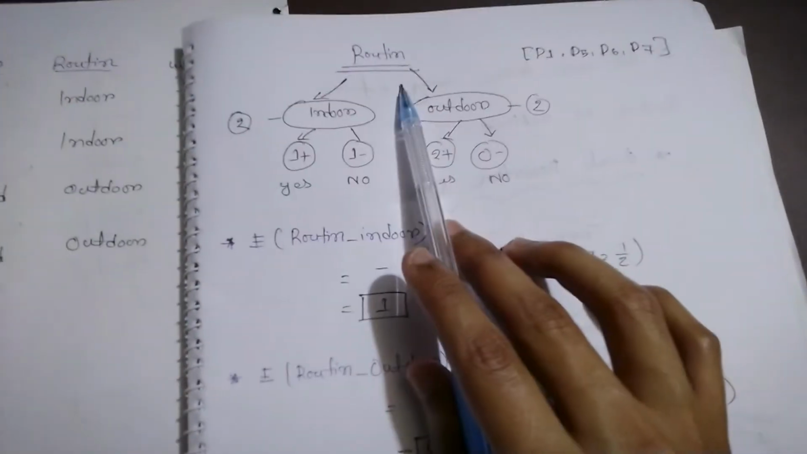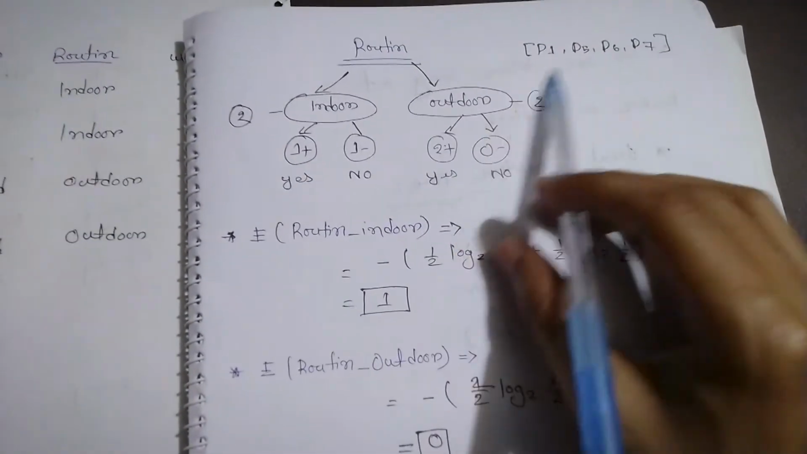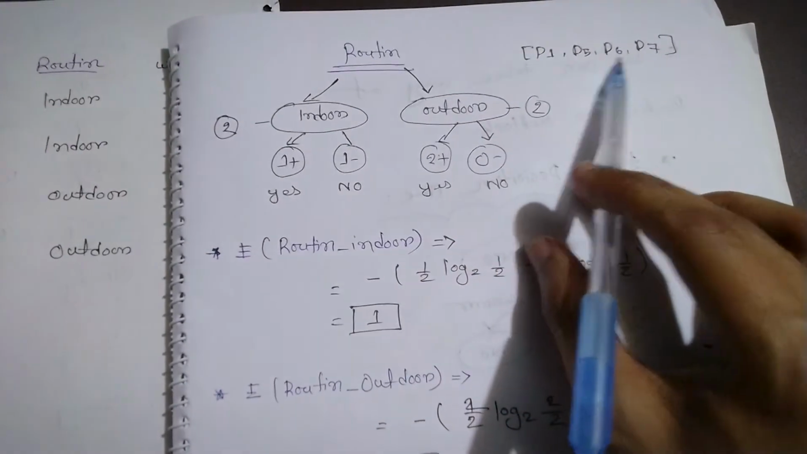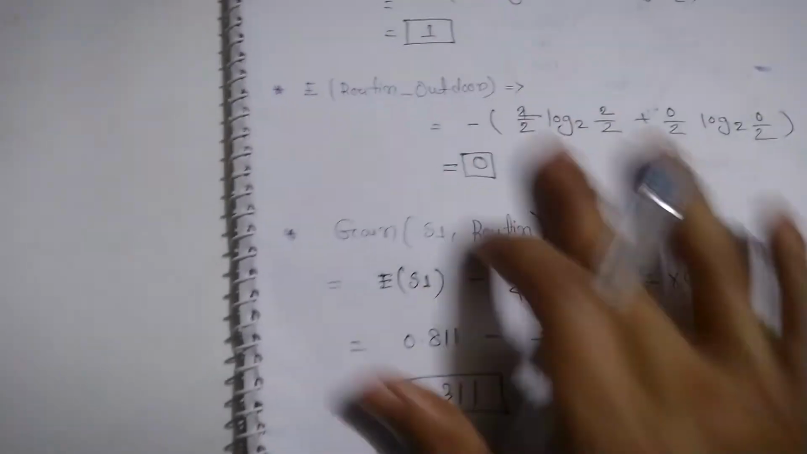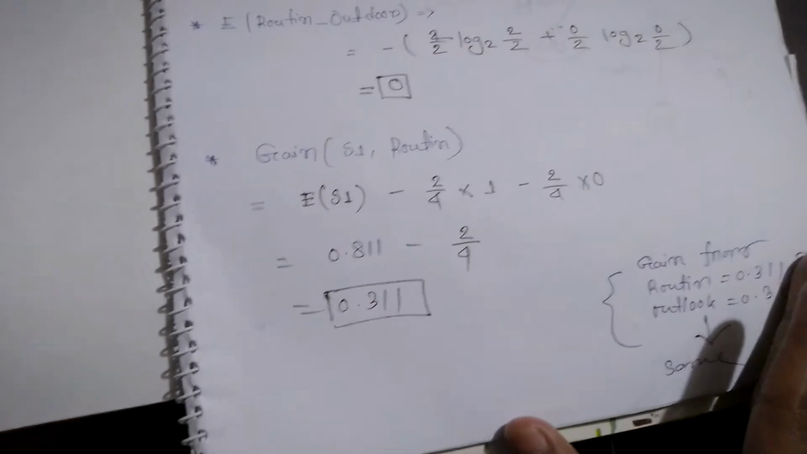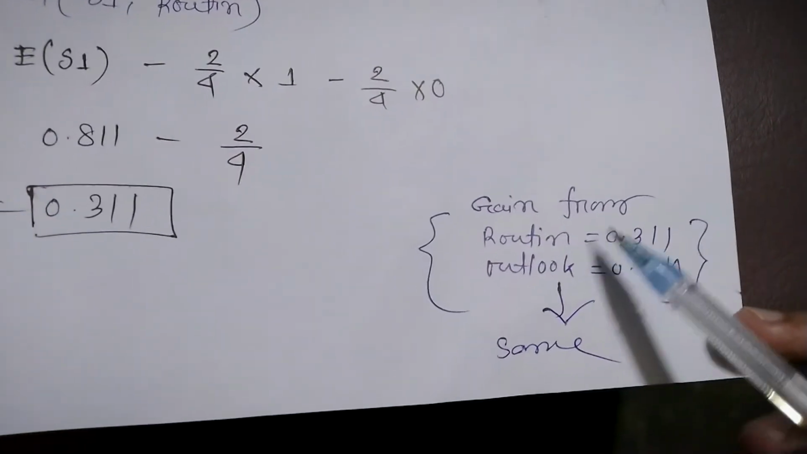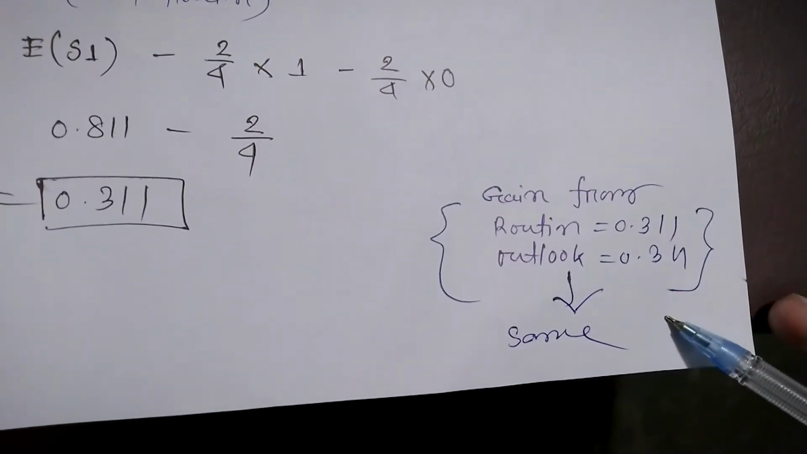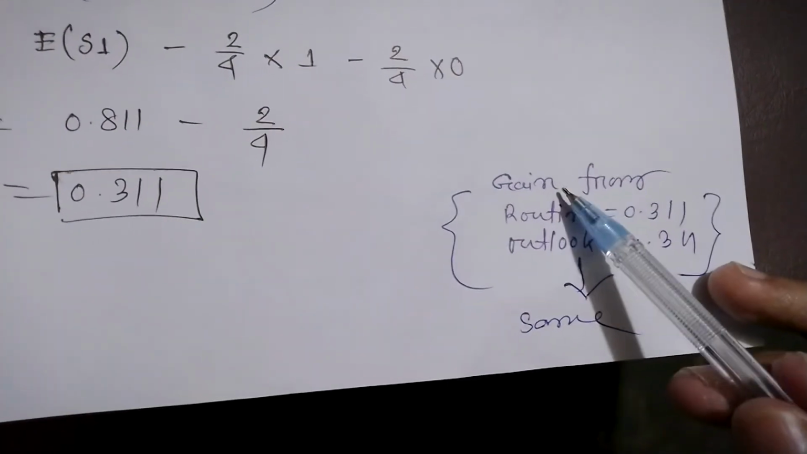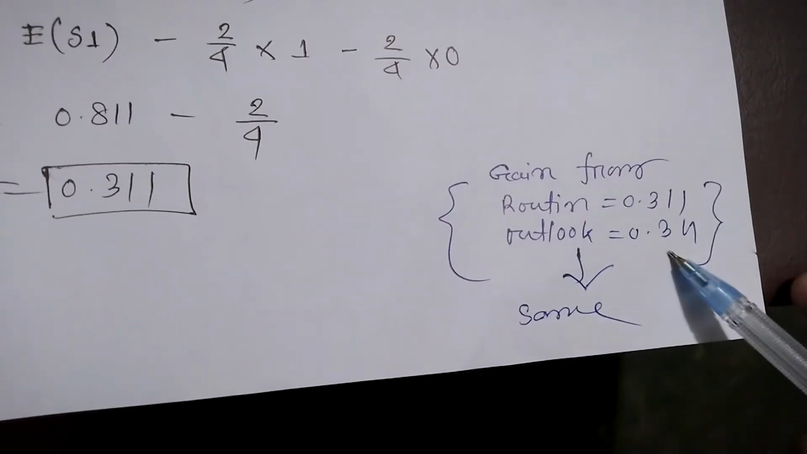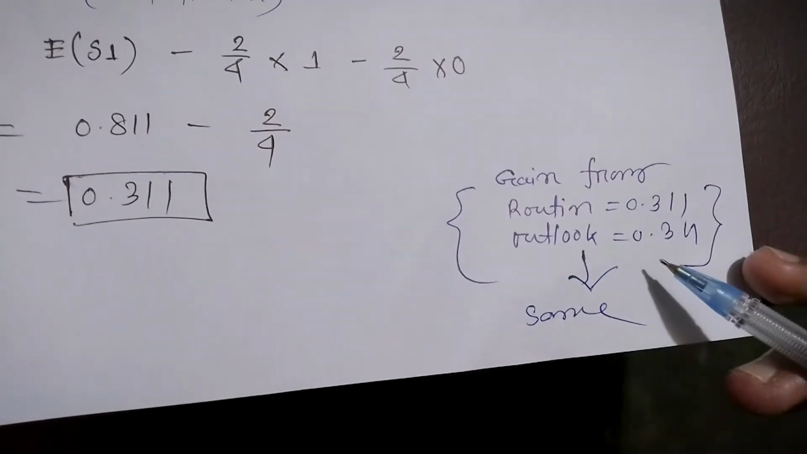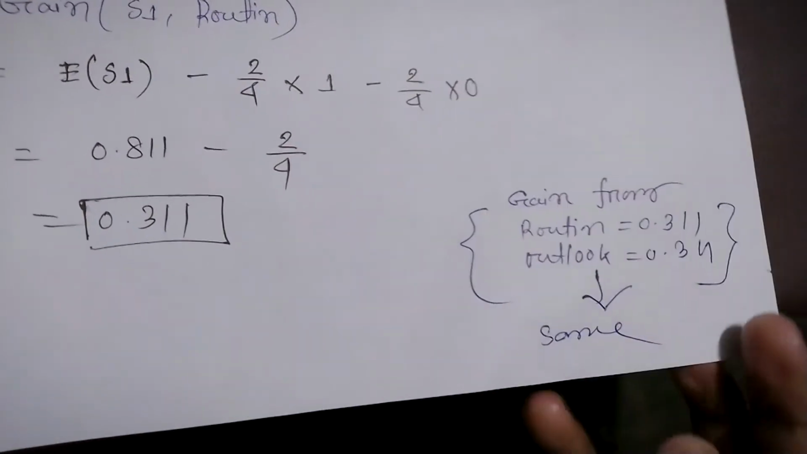Now same for routine, and you need to find it for this new dataset D1, D5, D6, and D7. In the same way, you will find all of those things, and then we can take either routine or Outlook, because the gain from routine is 0.311, and the gain from Outlook is 0.311. Both of the gains are the same, so you can take any of them. Okay,